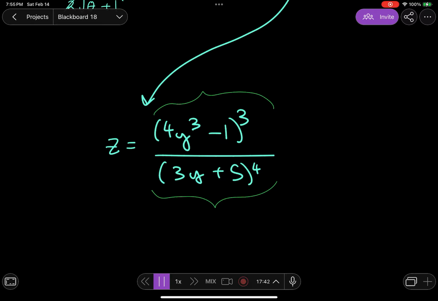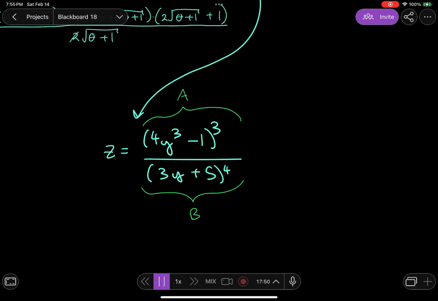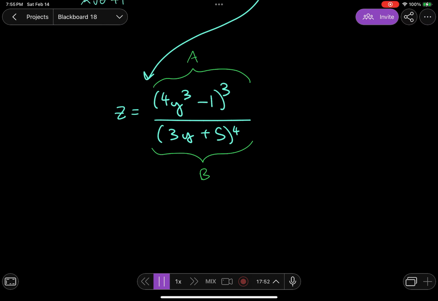There's a few things I could do. What I'm immediately thinking about doing is the quotient rule. I'm going to name this top thing A, this bottom thing B. And notice that for each A and B, I will have to use the chain rule to find A prime. So if A is equal to 4y cubed minus 1 cubed, that means that A prime is equal to, I have to take the derivative of the outside function, that's something cubed, so it's going to be 3 times 4y cubed minus 1 squared,